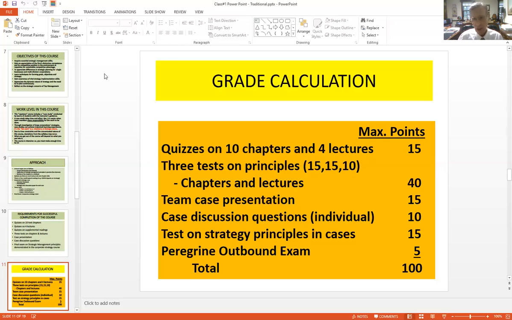But it is scaled. I think if you get a low enough grade, you won't get any points, but I guess if you got a 60, you'd get 4 points. The idea is that if you just take this test, attempt to do well, you ought to get almost all of those 5 points. For what it's worth, I wish we didn't have it here because this Peregrine test isn't